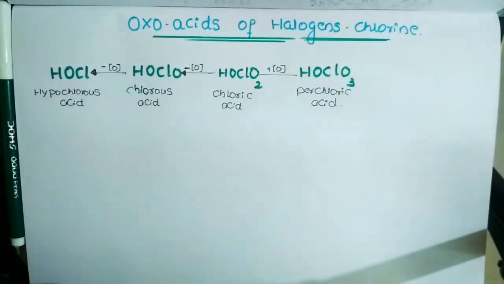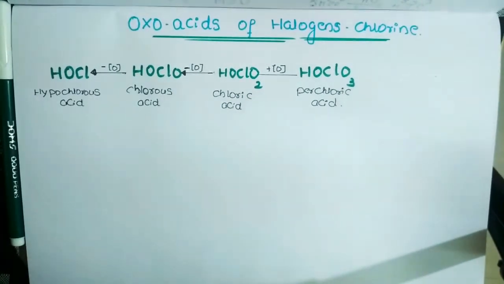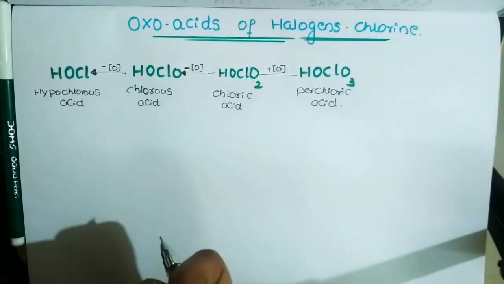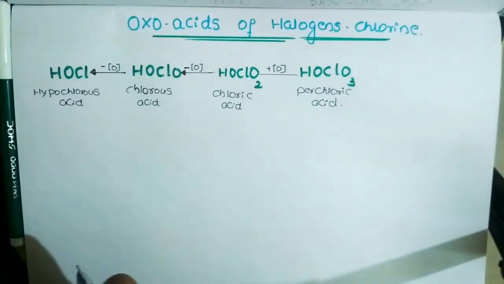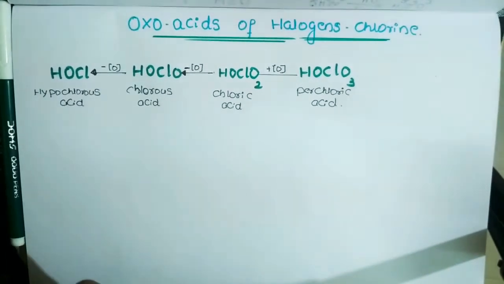These halogens are the group 17 elements that we all know. They are known as halogens because the group 17 elements are involved in salt formation. Wherever you see sodium chloride, sodium bromide, sodium iodide, potassium chloride, these are all salts in nature. So halo means salt, and gen means forming, so that's why they are called halogens.